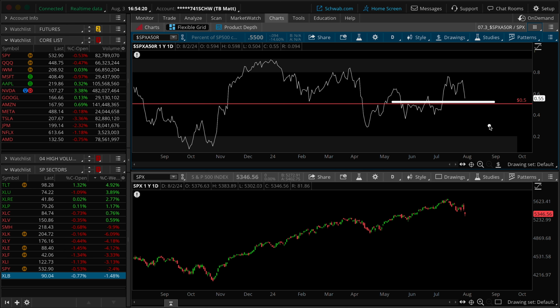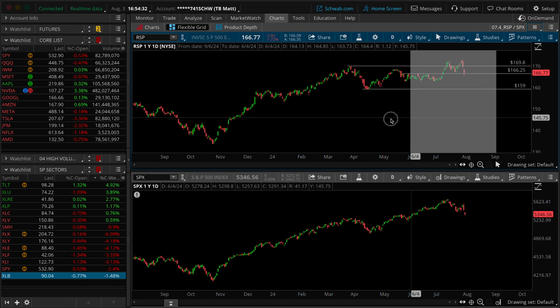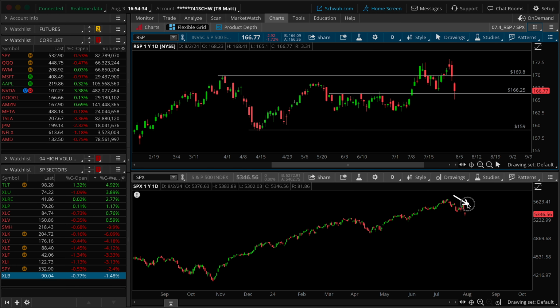So the majority of companies are still over, but notice the lower high happening here and the lower low into the Friday session. So I'd just be watching the 50% mark. If we can hold it, I would argue it's still trying to be constructive, and perhaps a better visual is just your RSP. So yes, you got a ton of pain in the weighted S&P, but notice that this hammer